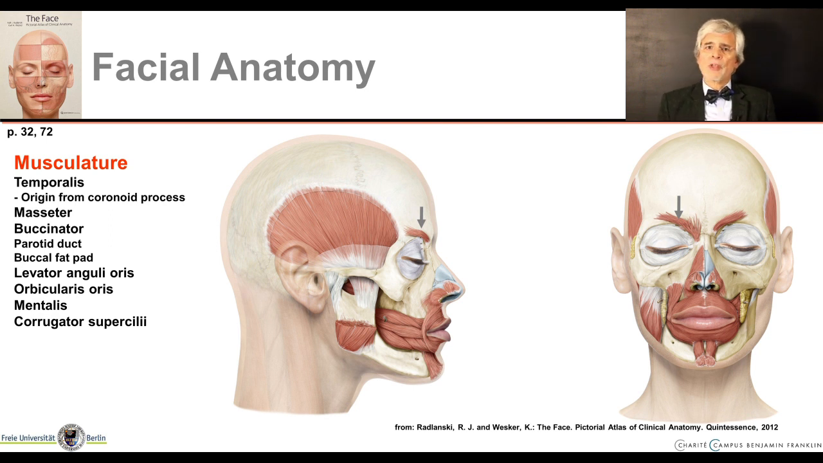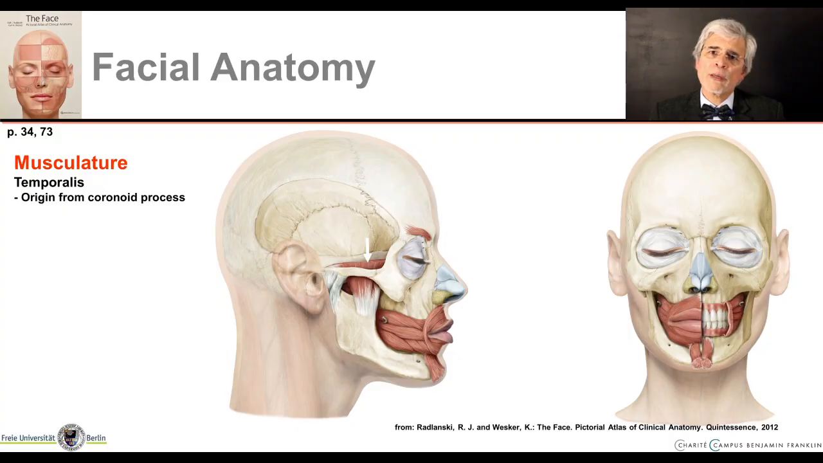It runs somewhat further laterally than the procerus muscle, which of course is also still in the picture here. We already know that it can pull both eyebrows together, which leads to this vertical notch at the root of the nose. And the corrugator supercilii corresponds more to the course of the eyebrows, and therefore it can pull together